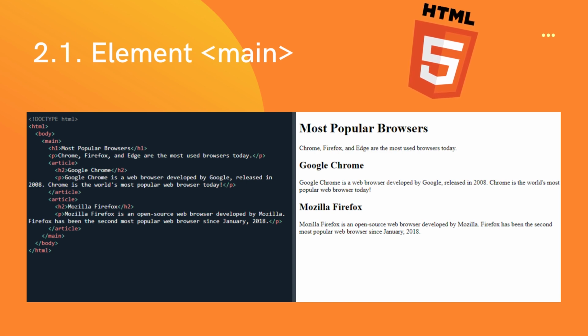The main element indicates the main content of the document. The main element includes the main content of the body element of the document or application and excludes content that repeats on the pages of the application site, such as site navigation links, copyright information, site logos and banners, and search forms, unless the primary function of the document or application is searchable. It is not sectional content, so it does not affect the structure of the document. There should be no more than one main element in a document. Example: